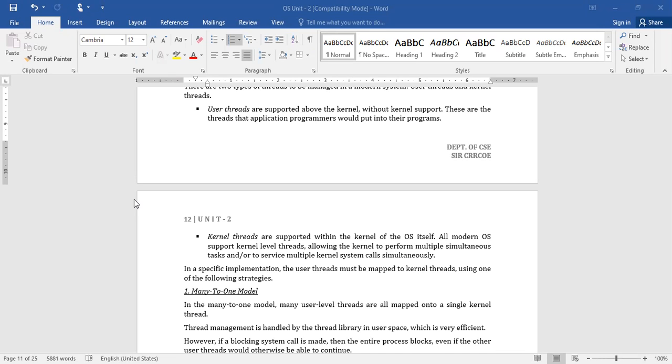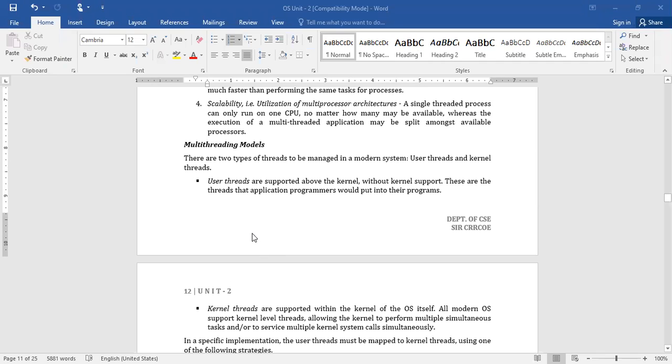For example, in your program, if you write a system call like fork, which is for creation of another process, or some other system call, what happens in that case? That needs to be executed by the kernel itself. So there should exist a mapping process. How do we map the user threads to kernel threads? For that, we use the multi-threading model.